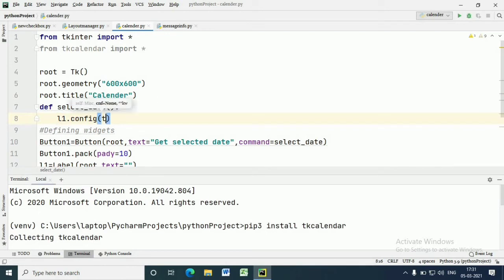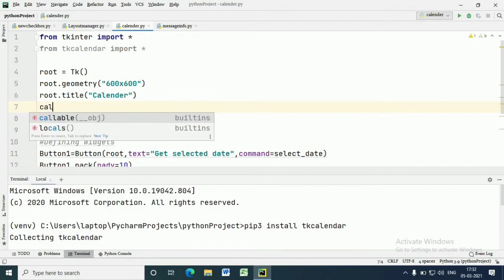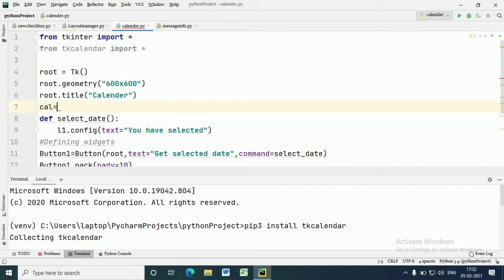To configure the text of label 1, we have to write l1.config text is equal to the date selected. We'll use the dot get date method, but first of all we have to create the calendar, then we can call this get date method.